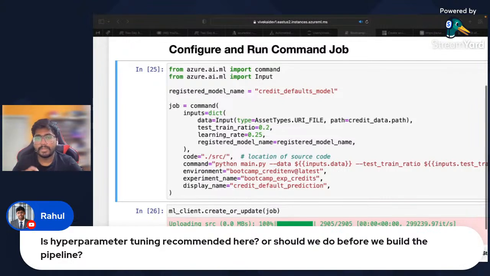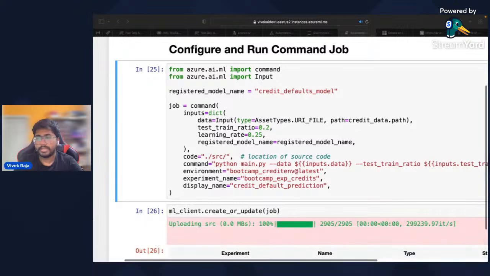There is a job available for hyperparameter tuning, but since it's a beginner level class today, I didn't keep that hyperparameter tuning job in today's notebook. But I will append the link to how you can start your hyperparameter tuning in the same notebook, in the GitHub repo. Thanks for bringing it up.